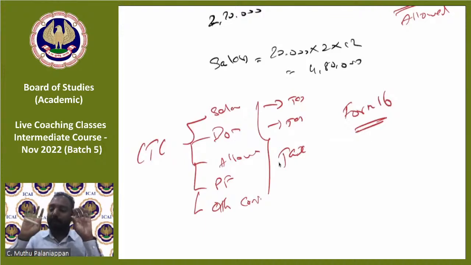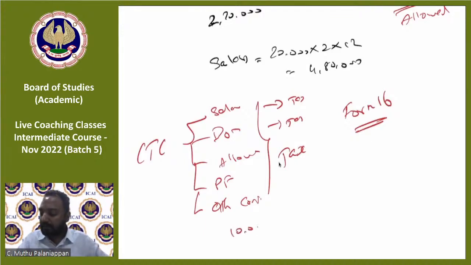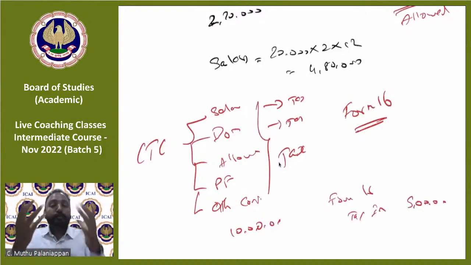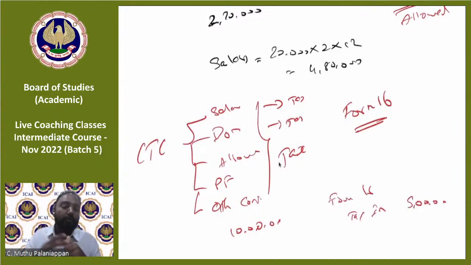But what an employer is giving will be a different amount. Let's say CTC is 10 lakhs. Form 16 taxable income could be even 5 lakhs. Why? Because there are so many things that will come into Form 16. Your house property loss, your loan for house property, your interest, any other income that you're reporting to your employer. So all this is what Form 16 is about. That's what I'm trying to tell you.